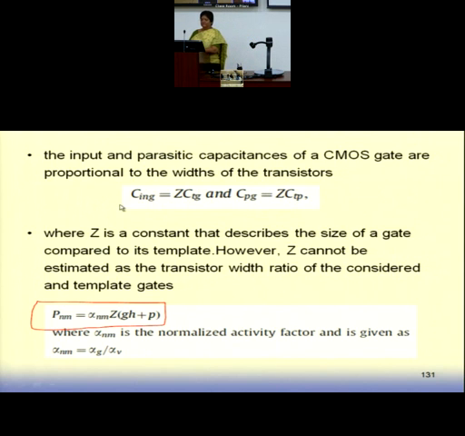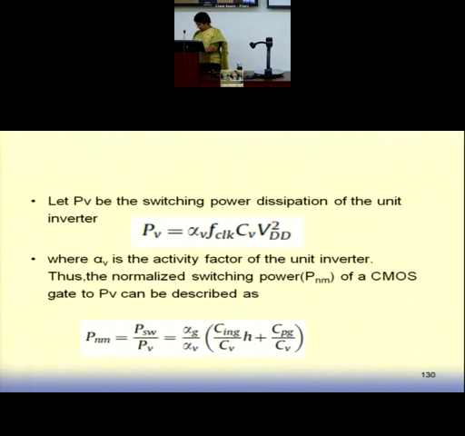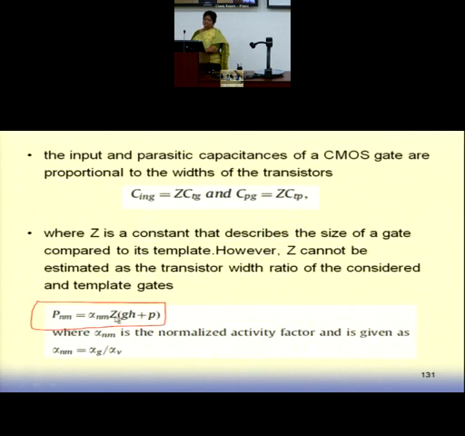So CING of a gate is Z times C template, and CPG of the gate is Z times some C template, and then we say I replace everywhere by C template, and we get that expression with a Z outside. Just substitute these values, and then wherever you are getting a C by C ratio, replace it by G. Wherever you are getting a CP by CV ratio, replace it by P, and then Z comes. Z can be 1, Z can be any other value. It depends on you what template gate you are assuming, with which you are comparing or with which you are finding out your W values in comparison. It can be 1 also.